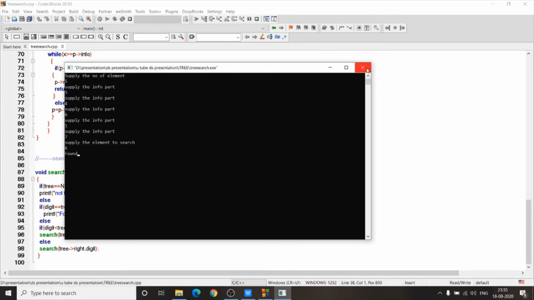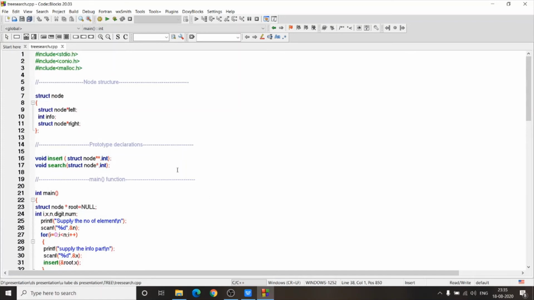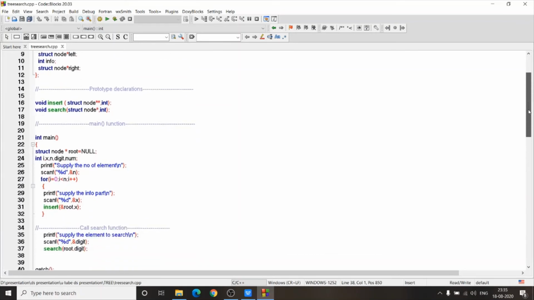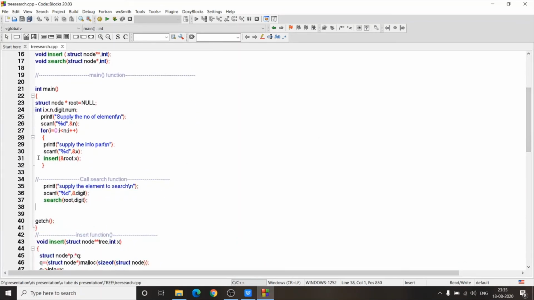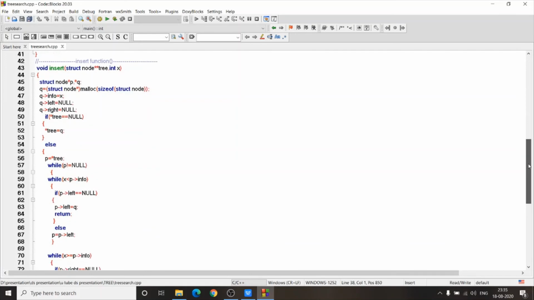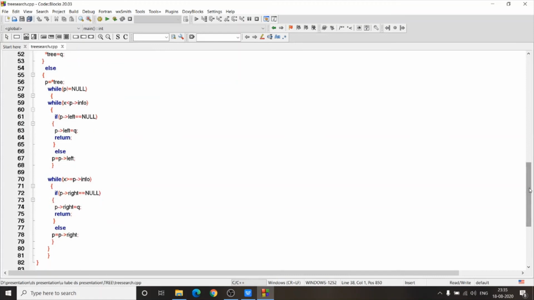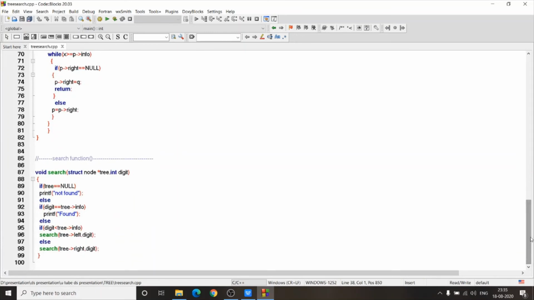Now I am showing the total code. This is the node structure, prototype declarations, main function, insert function, and search function.